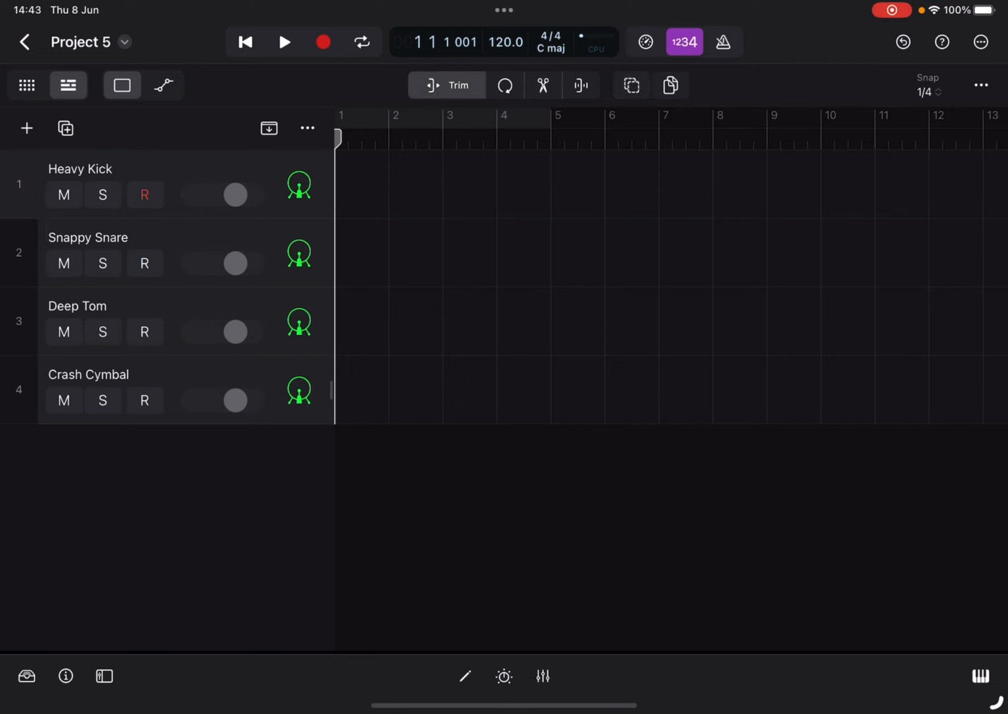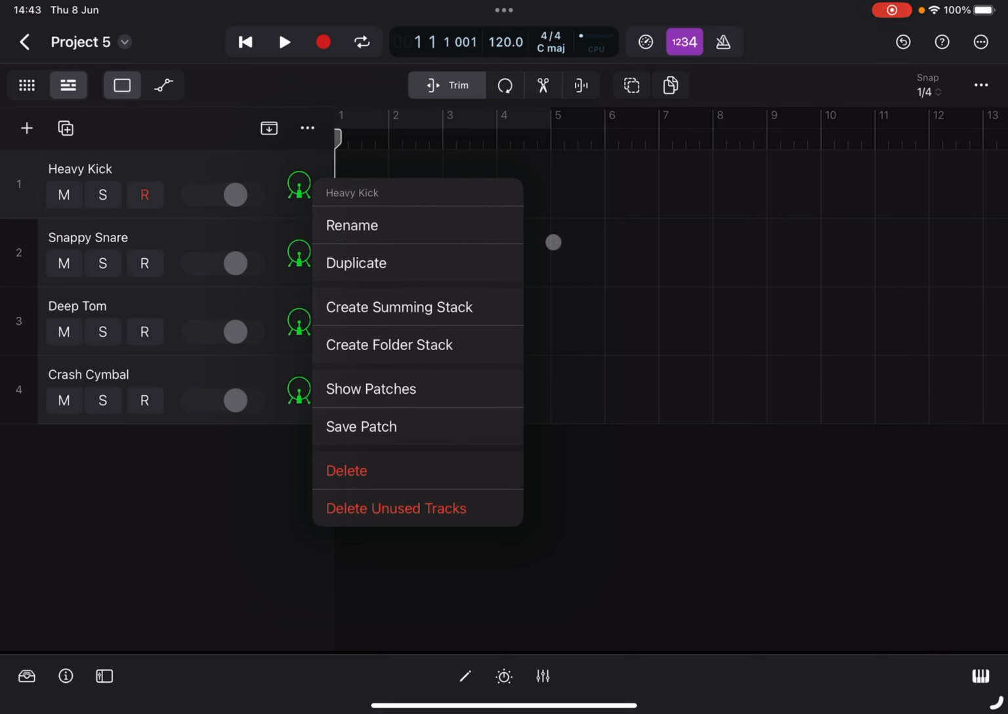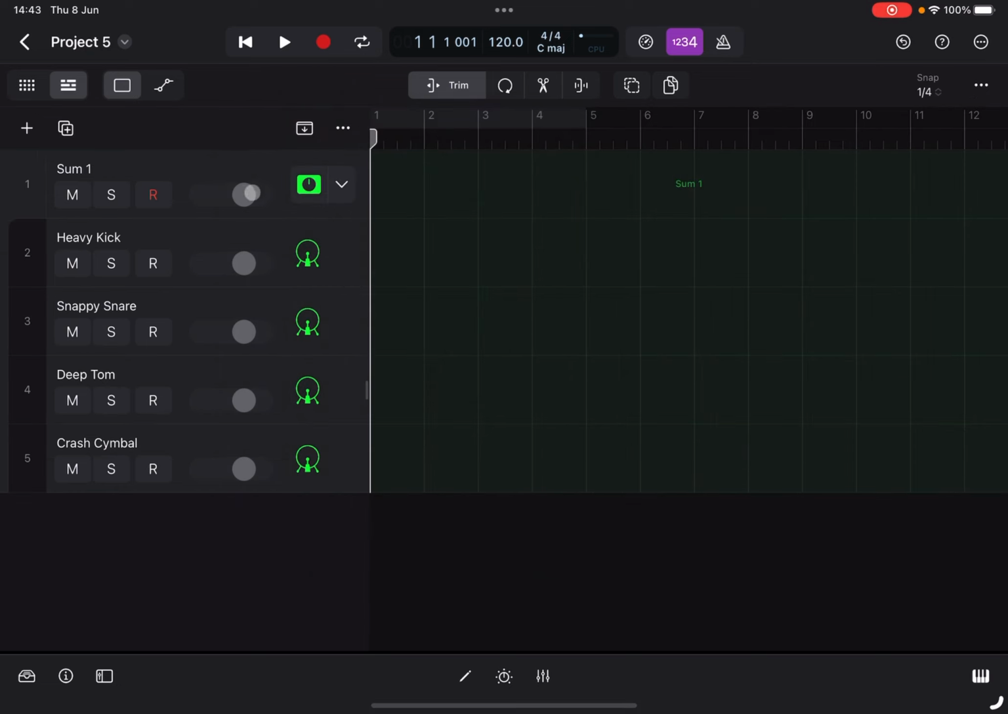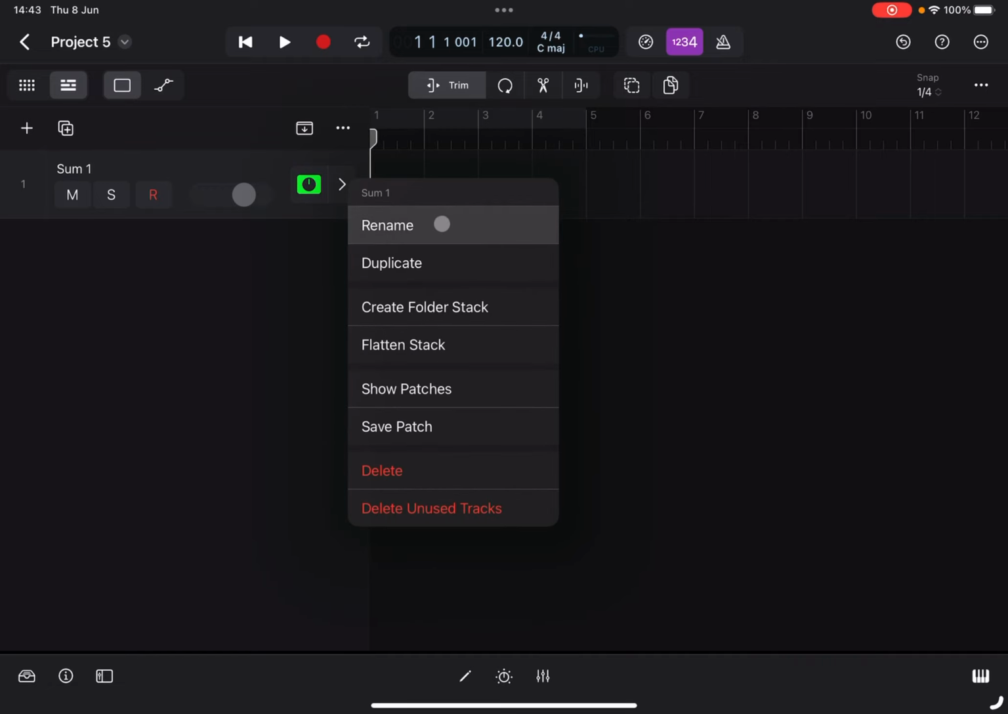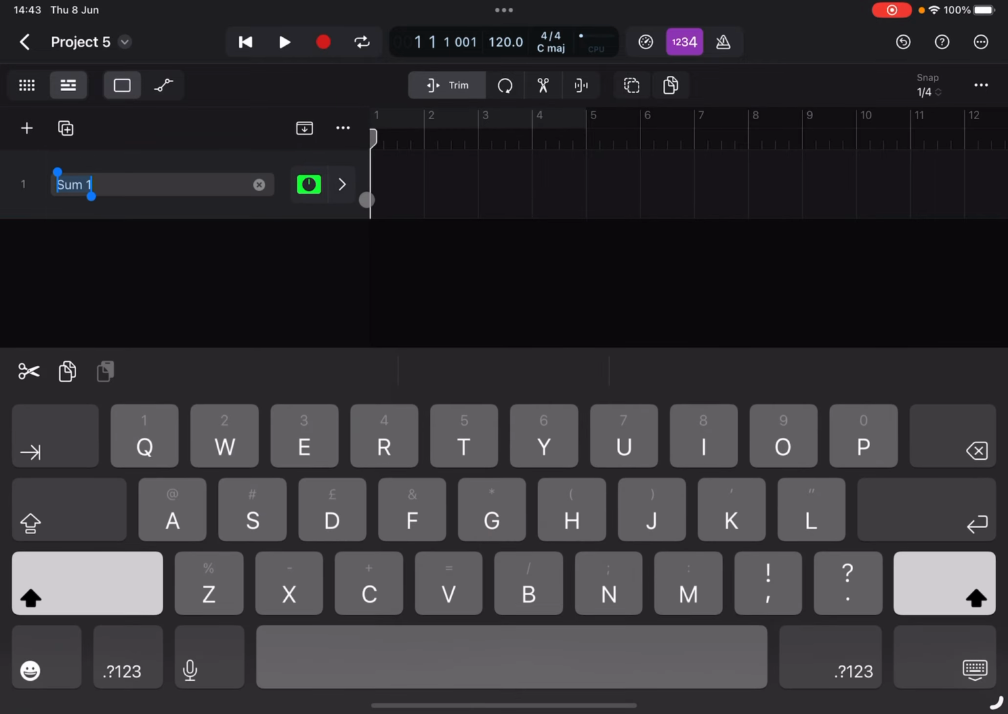and it will give you the option to create what's called a summing stack. You can create a folder track, a stack, but you don't need to. You just need to create a summing stack. Now what that's done is it's put everything into a group for you, which keeps everything nice and tidy. You can label that up, so you can call it drums,